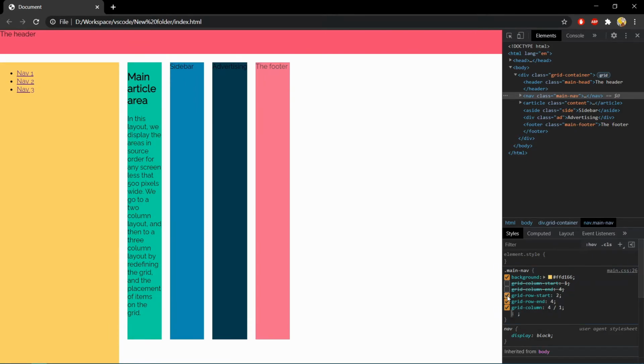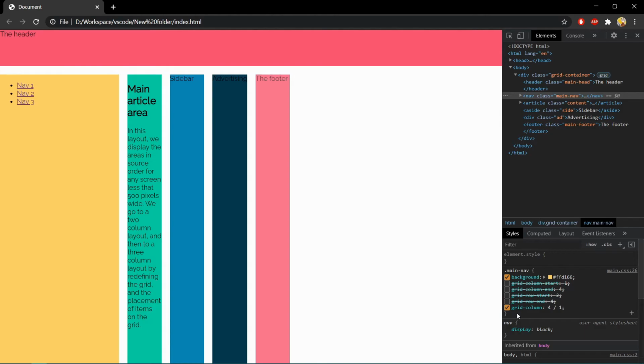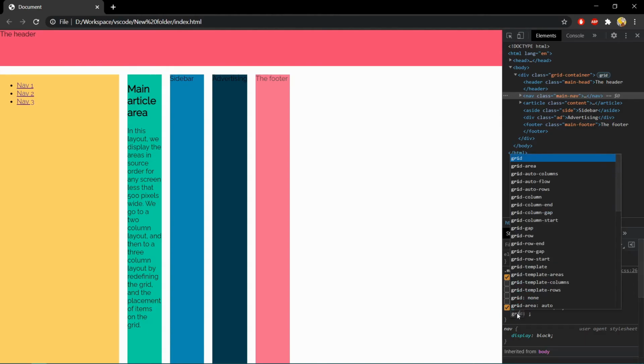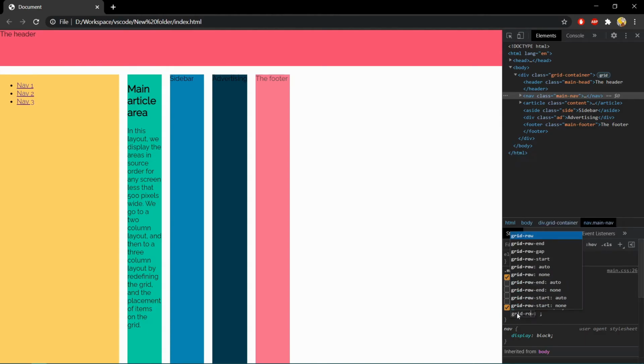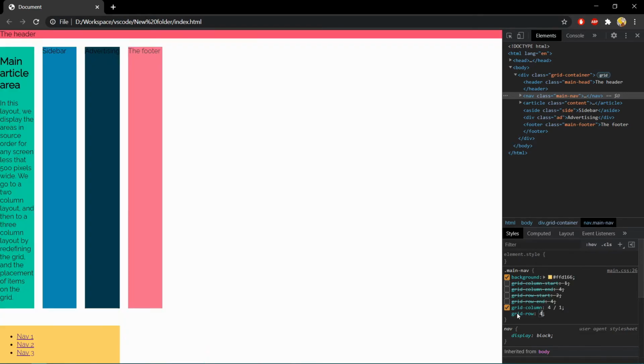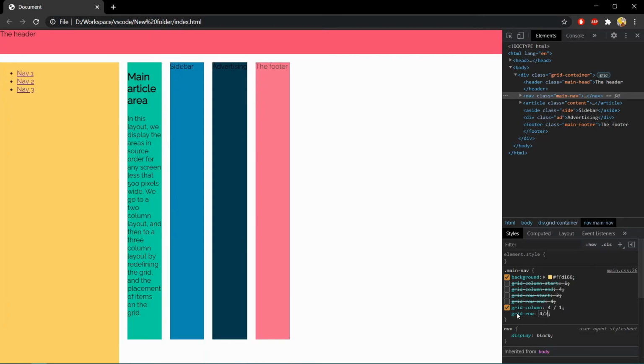Similarly, instead of using two properties like grid row start and grid row end, we can define one single property called grid row. And again, the first value will be the line where you want to start the row, and the second value will be the line where you want to end the row.